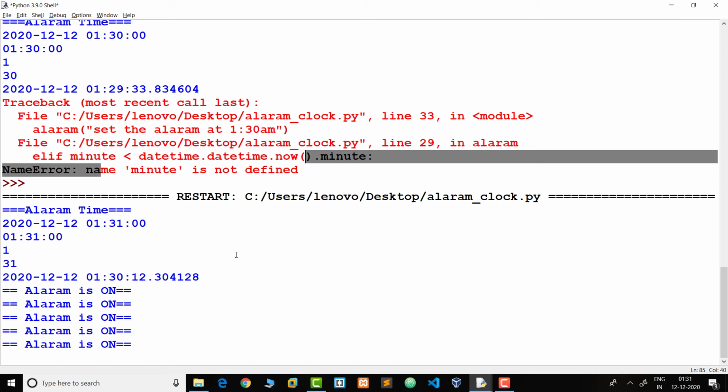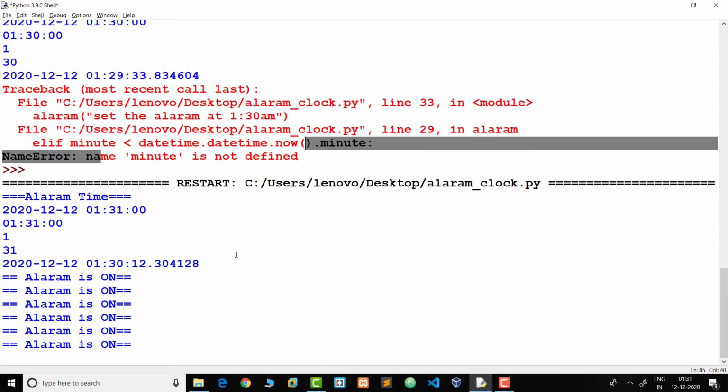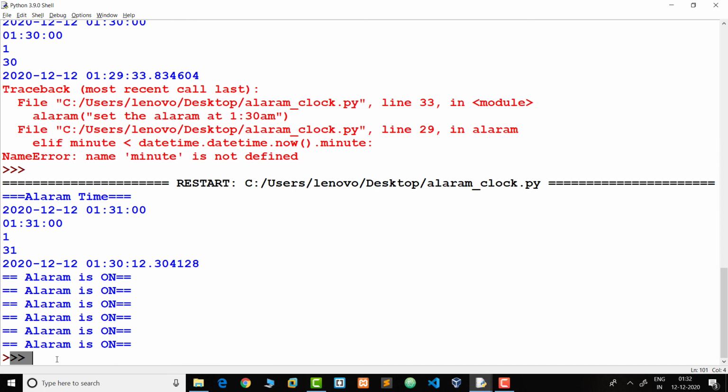Okay, so see here, 1:32, and my loop is broken and we are back at the cursor.